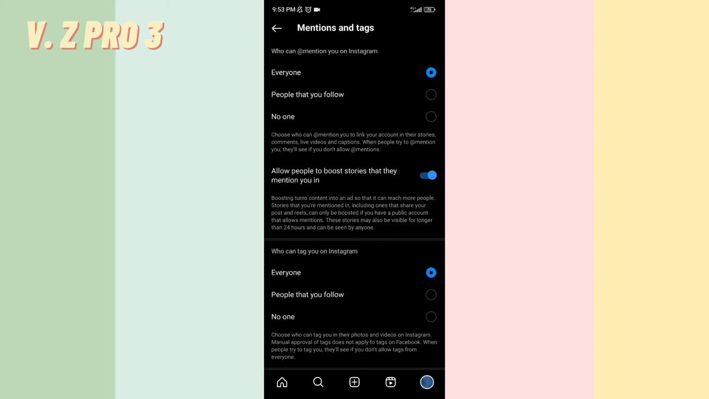Now you can choose who can mention you on Instagram. There's an option like everyone, people that you follow, or no one. If you choose everyone, so everyone on Instagram, like your followers that you follow back, can mention you on Instagram. Or you can choose people that you follow,